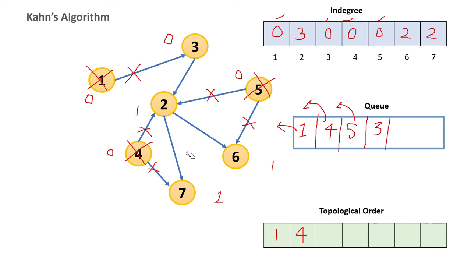Okay. Now 5 will come here, and then the next one I have to remove from Q, that is 3. So for 3 the neighbor is 2. Okay, so 3 will be removed and this neighbor 2's in degree will be reduced by 1, so the new value will be 0, and as it has become 0 we have to put it inside the Q.